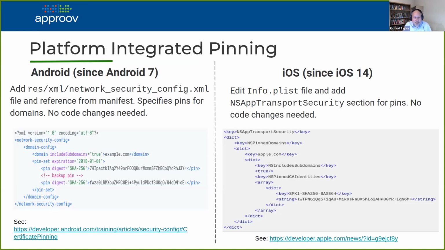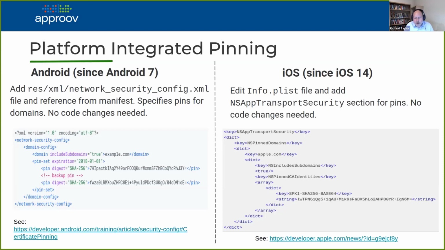So you can see here on the left-hand side, this is the syntax. You create this file and put it inside your app. You don't actually need to modify the code of the app. You specify the particular domain or domains that you want to pin against, and then there's a list of pins that you want to pin against. It doesn't specify where in the chain those pins are. It's happy if that particular hash turns up anywhere in the chain. If any one of those turns up anywhere in the chain, then that is considered to be a good connection, as long as it passes all the other TLS checks.